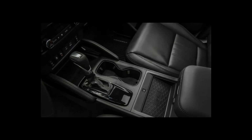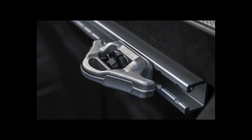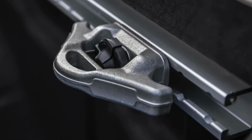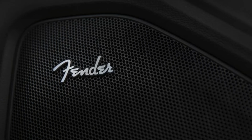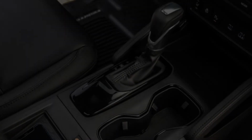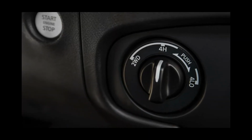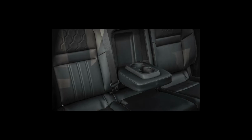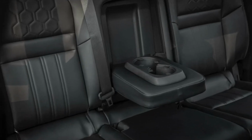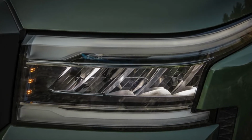The engine was actually dropped into the previous generation Frontier for one model year before moseying over into the new truck, and we're glad to meet it again. Paired with this V6 is a 9-speed automatic transmission that's pulled from the Titan. Admittedly, to Nissan's own disadvantage, it selected northern Utah and an elevation of more than 6,000 feet for the Frontier's first drive press launch. It's not possible to say how strong this engine will feel closer to sea level, but